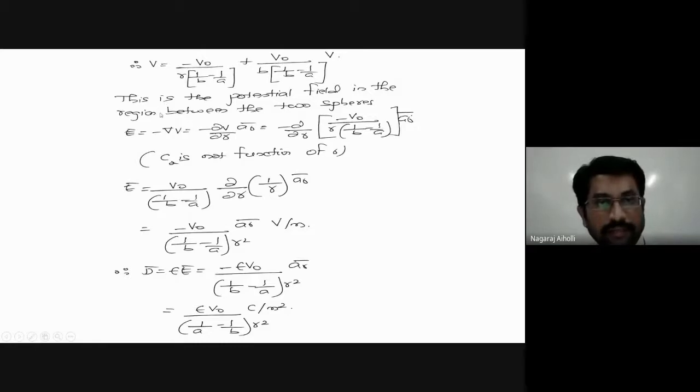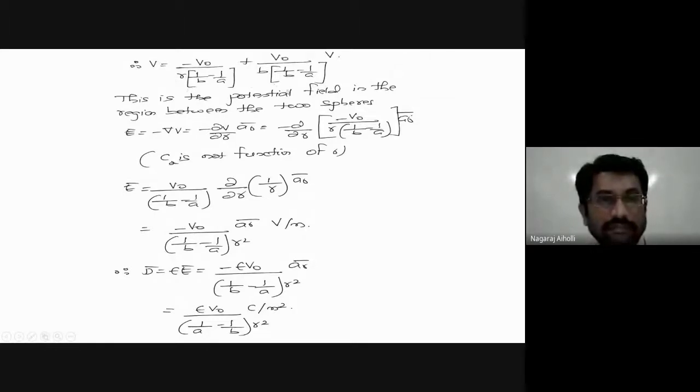Let us solve them. Now V is the equation for potential in the region between the two spheres. E is equal to minus del V, that is minus dou V by dou R into AR bar. It is not a function of phi and z, and hence it is written only in terms of minus dou V by dou R AR bar, correct? Whatever is there in terms of R, we have to consider only that one. The other term will become 0 if you differentiate that. Here, this first term is the only term which is a function of R.